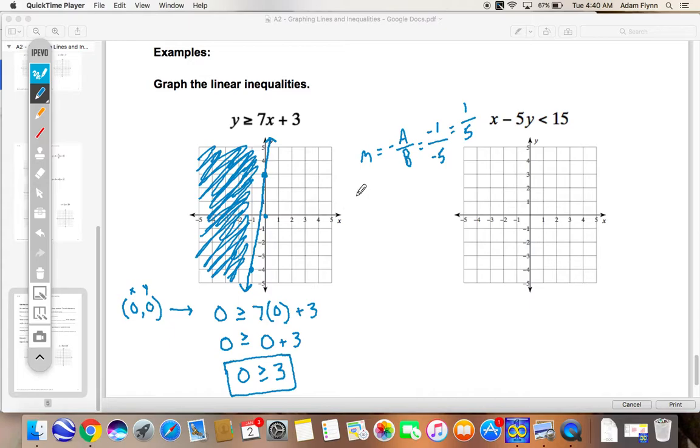And my y-intercept, which is c over b, would be 15 over negative 5, my c being right here and my b being right here. So 15 divided by negative 5 is negative 3. The y-intercept is negative 3, so I'll make my first point. My slope is 1 over 5, so my rise is 1 and my run is 5. 1, 2, 3,